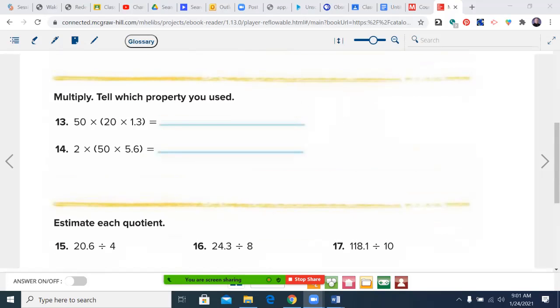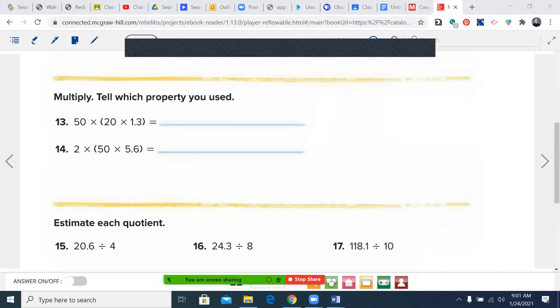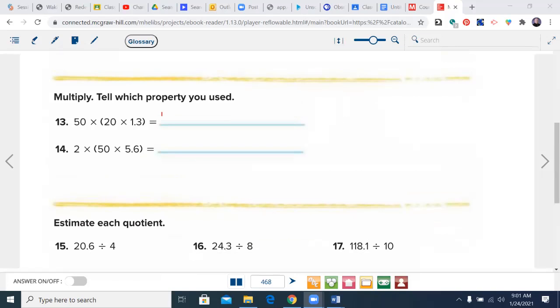Tell which property you used. I'll do 13. And I'm going to use associative. I'm going to type that because that's easier. And how I do this in my head is I'm basically going to change it to like that. So now I'm going to have 5 times 2 is 10, plus those 2 zeros. So 1,000 times 1.3, which is going to equal